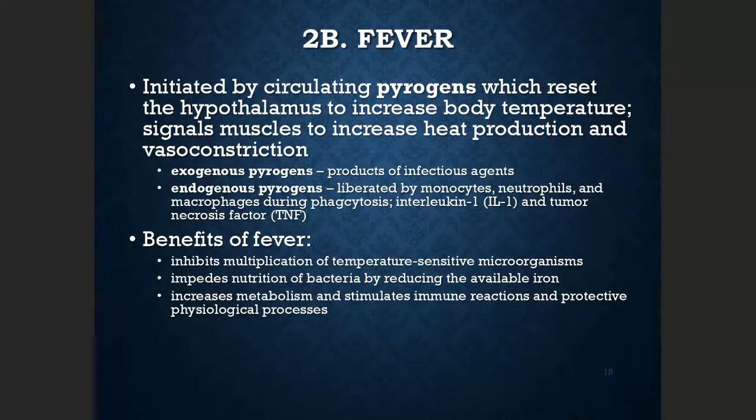Okay, the next one is fever. This is also the second part of the second line of defense. Usually when we have an infection, we also have fever. This is caused by pyrogens that may be produced by the pathogens, and these pathogens actually set our thermometer in our brain. There is a special area in the brain that sets our body temperature. When the pathogens enter into the setting place, it increases the body temperature. So we have what we call the fever.